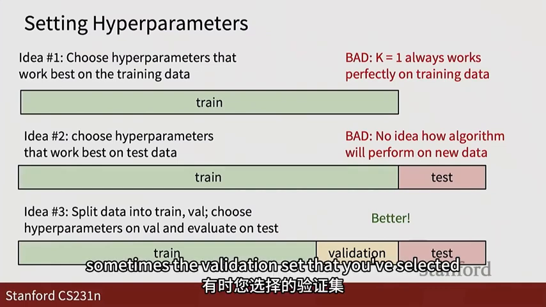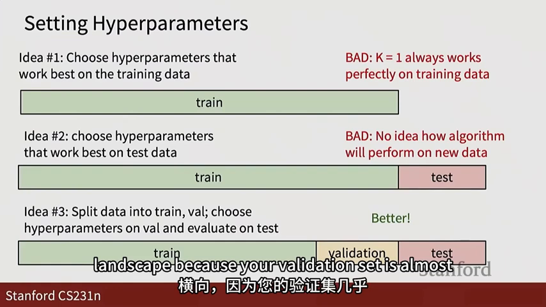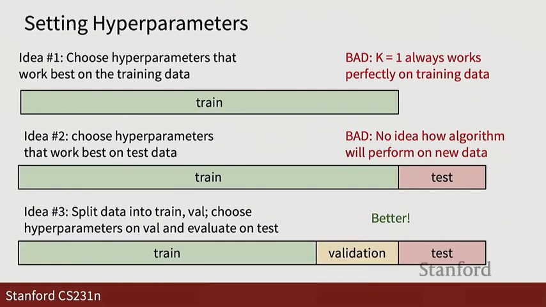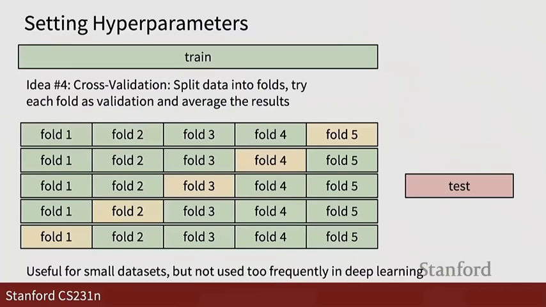So this is a much better approach, although it does have some challenges itself, because sometimes the validation set that you've selected, it may not be a good representative of the entire landscape, because your validation set is almost always much smaller. And that's why a better approach is to use